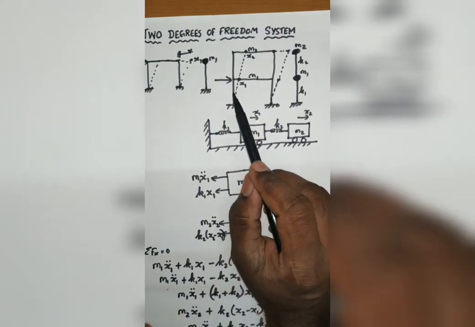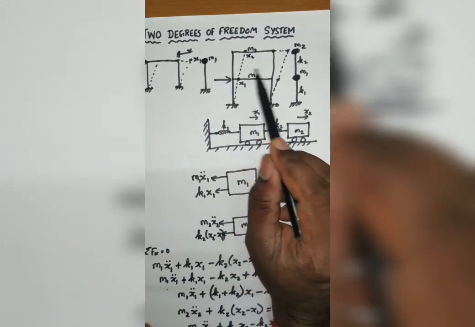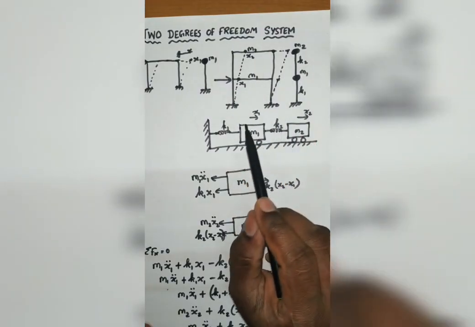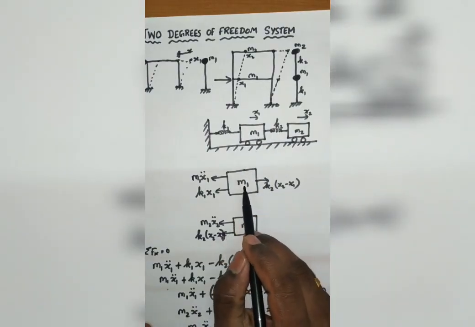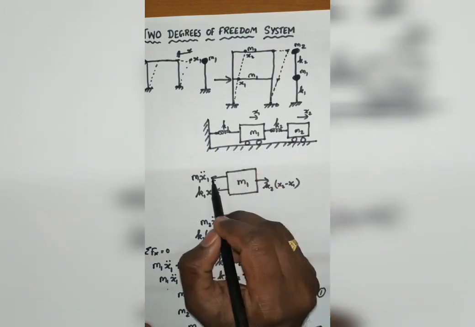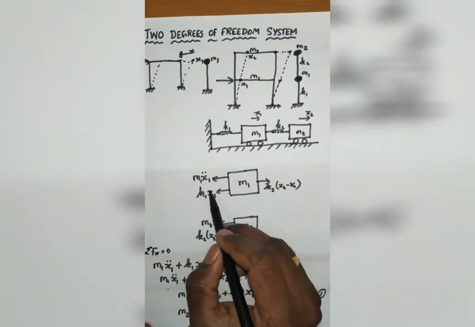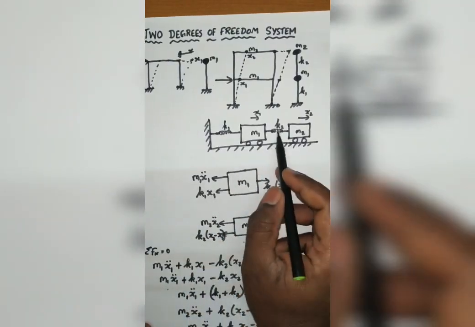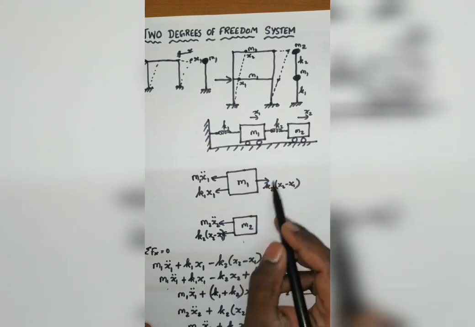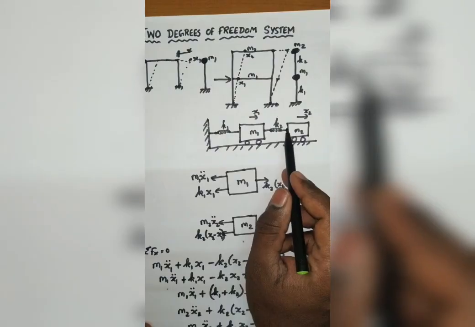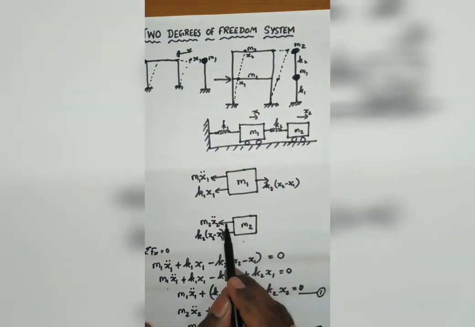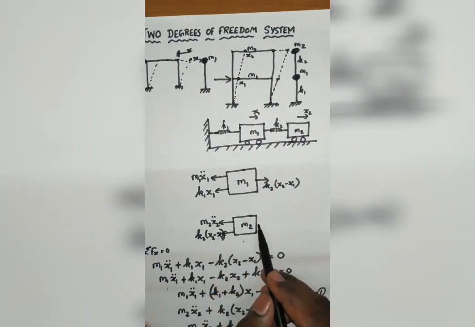This column will have a stiffness K1, and this column will have a stiffness K2. So that's why it is drawn like this. And drawing the free body diagram, for M1 I'll be having inertia force, then spring force will be there, and here the stiffness of this column will be there. Okay, and if I take M2, I have inertia force, spring force, and there is no force